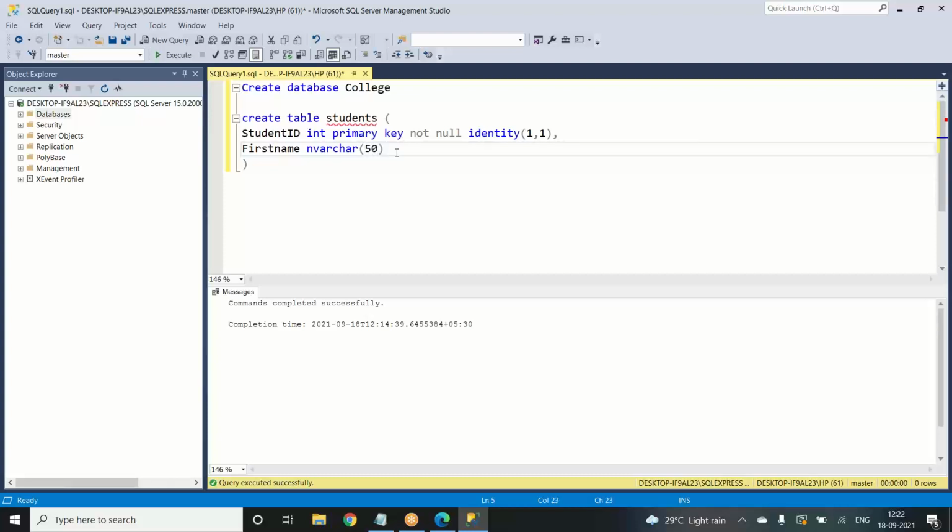So we're going to give the first name and specify the data type, and then we're going to say it is also not null. We cannot have that particular column blank. If a student is coming, we should note their first name and last name. That is a mandatory option. The same goes for the last name.